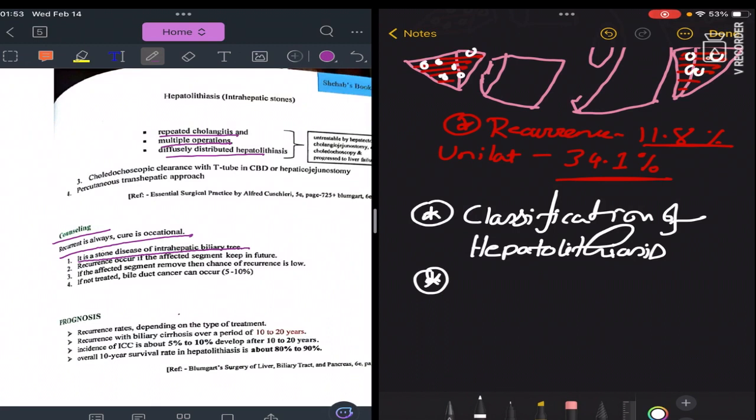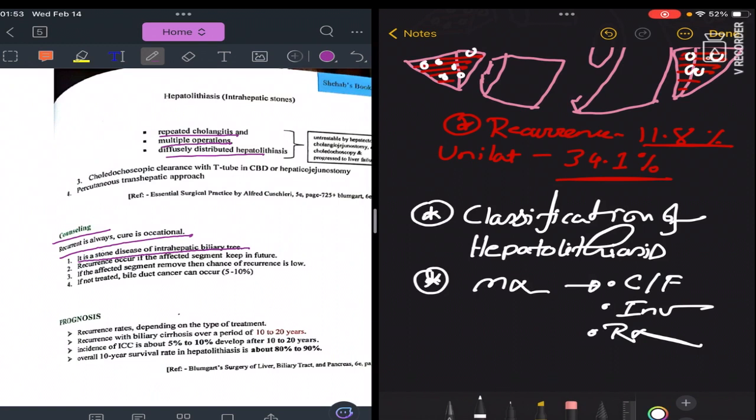Then we learn about the management by clinical feature, investigation and treatment. From the clinical feature, we at first say that patient may come asymptomatic,